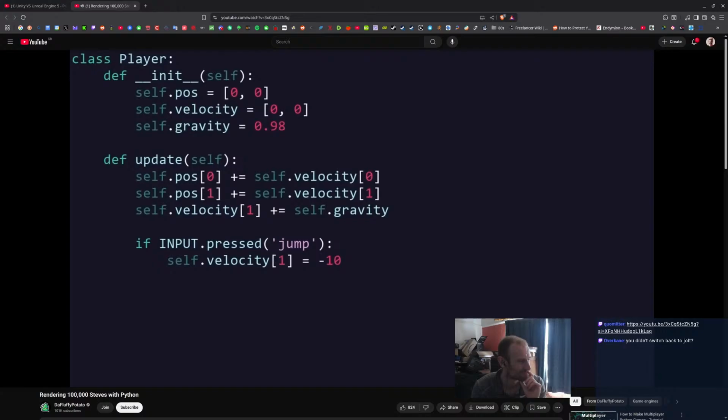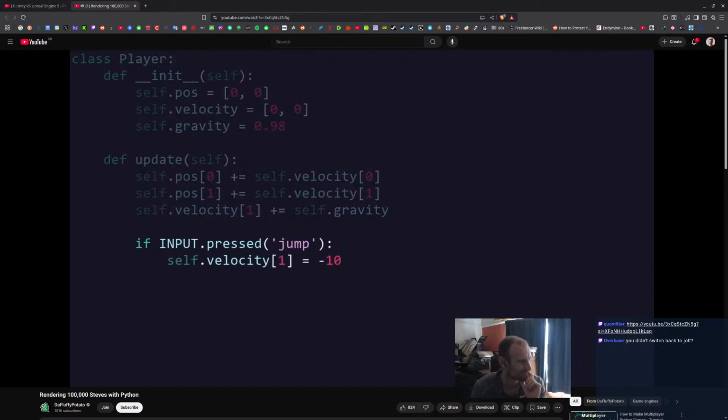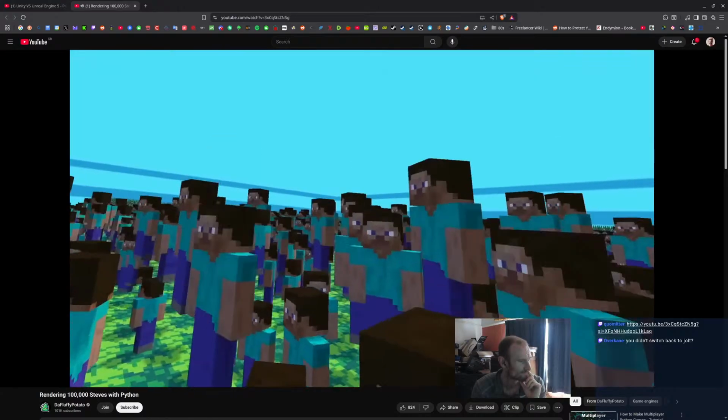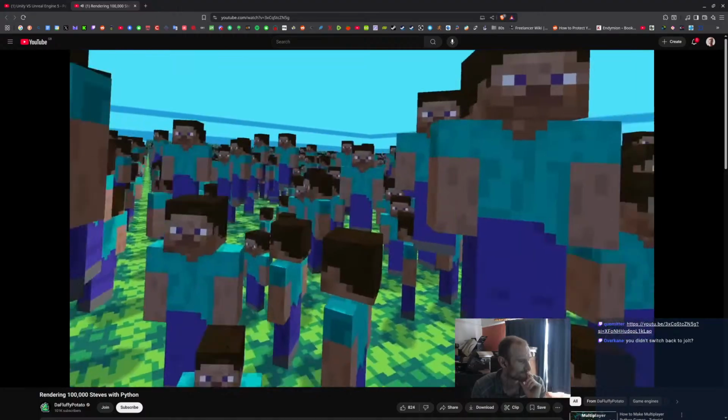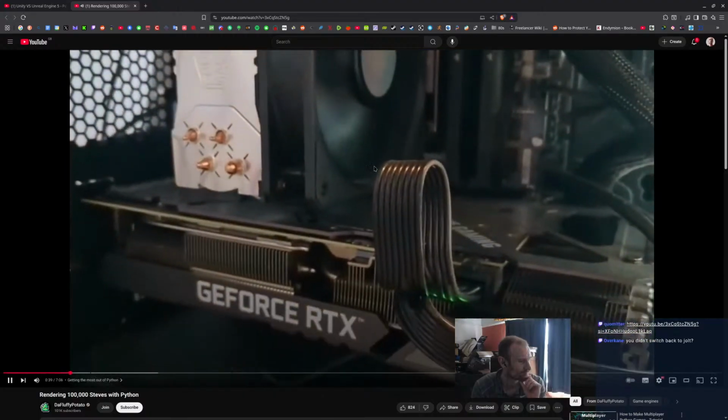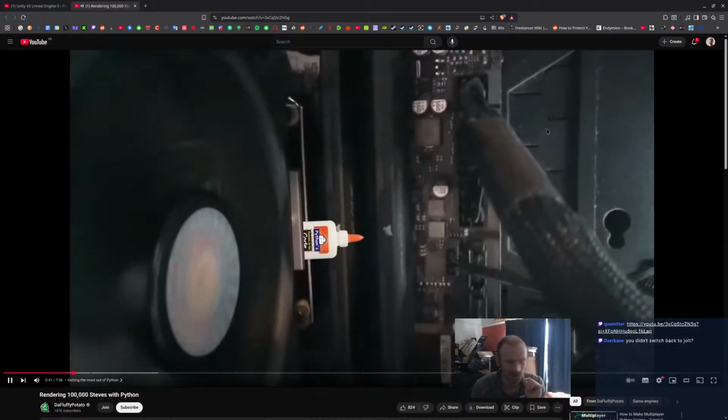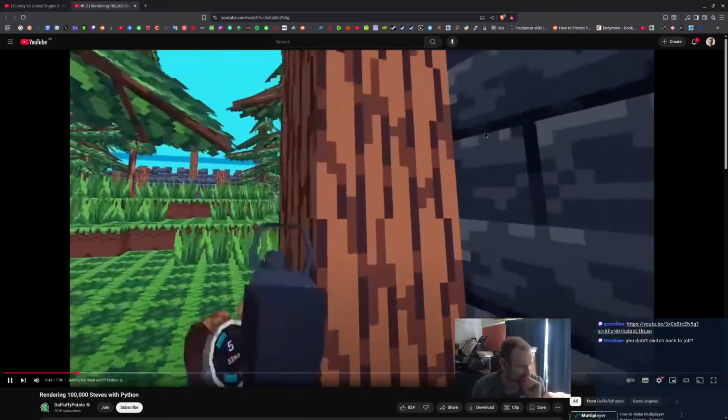Game logic outside of rendering is oftentimes not computationally expensive, so if I can run my 100,000 Steves and shaders on the GPU and minimize the computational steps required in Python, I have an opinion, but